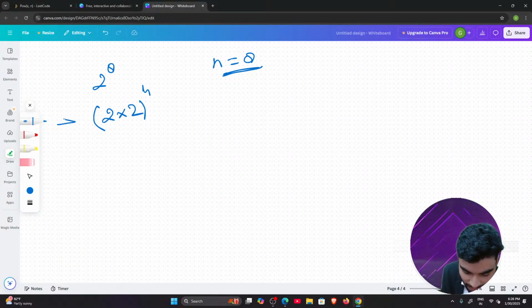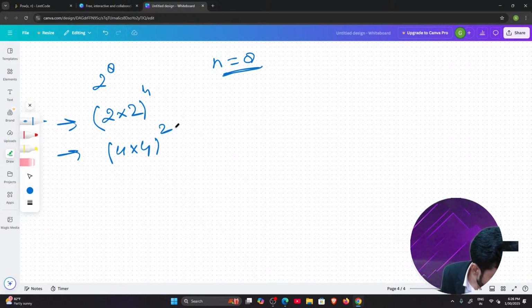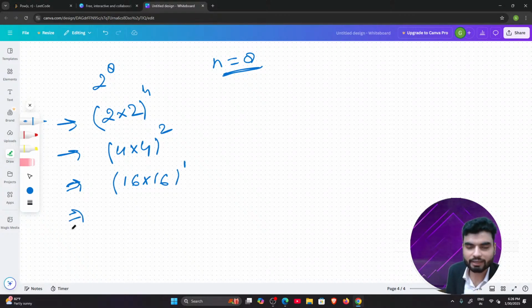Now in the next step, again this becomes 4. So if we want to multiply a base by itself, we have to reduce the power by half. So this will become 2, right? Correct. So now again we'll get 16. And if we want the multiplication, we have to make it 16 multiplied by 16 in power 1, right? And whatever is the multiplication of it, we'll get the output. Maybe 256, we'll multiply it and we'll get the value.